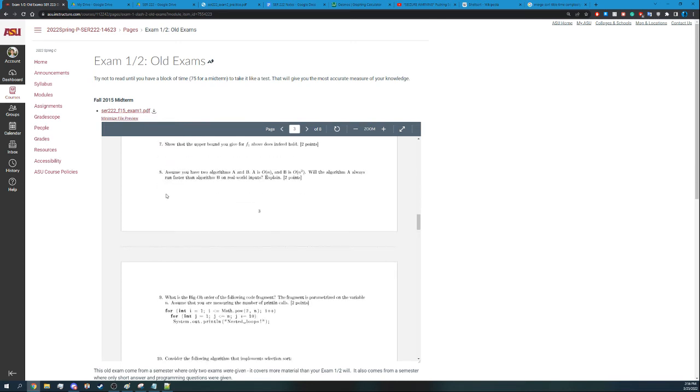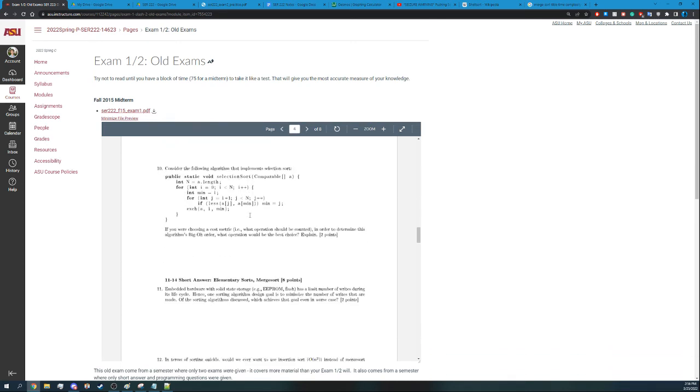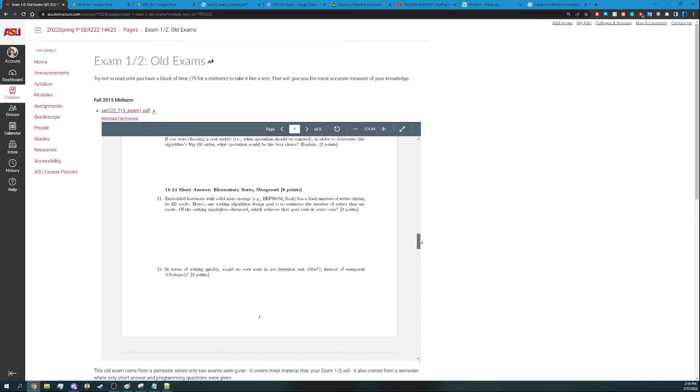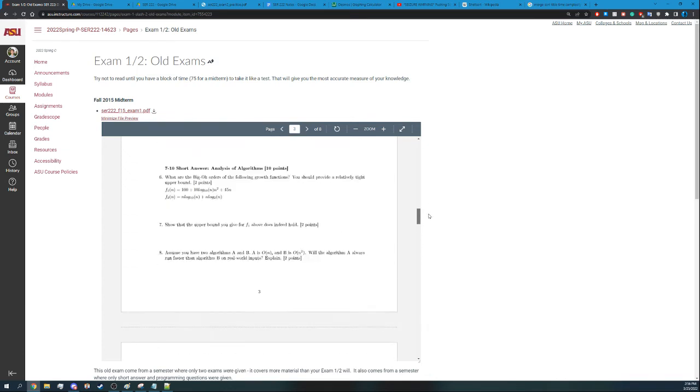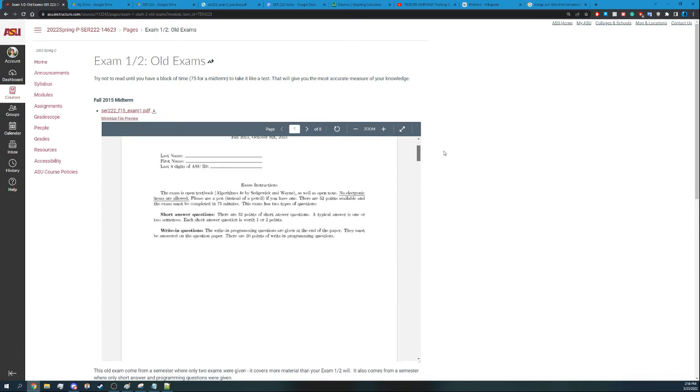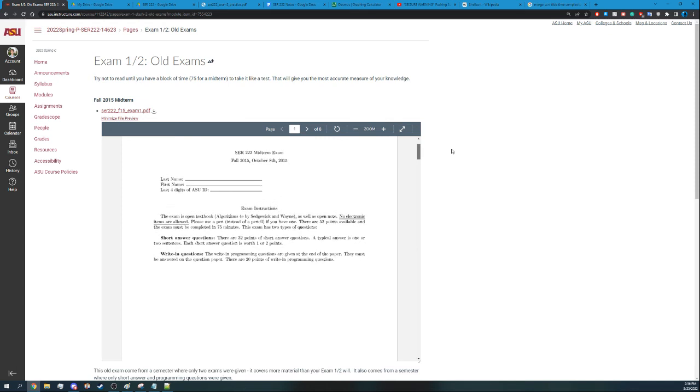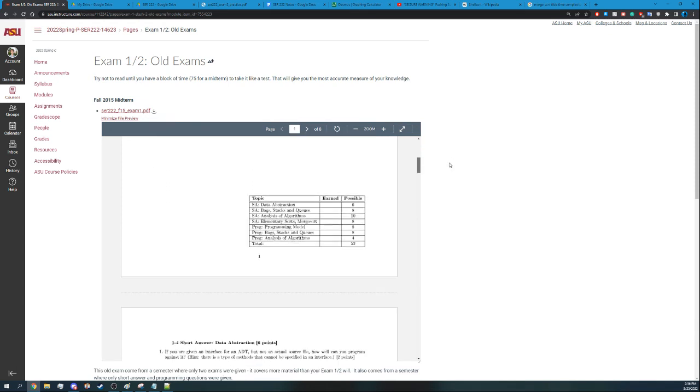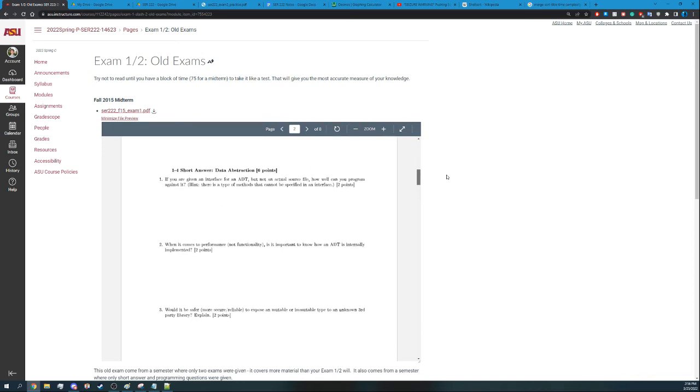I think all these questions look to be just asking about big O. This does have elementary sorts. This seems like exam 2. Data abstraction, bags, stacks, queues, analysis. Oh yeah. If you're given an interface for an ADT but no actual source file, how well can you run a program against it? Hint, there is a type of method that cannot be specified in an interface. So maybe like